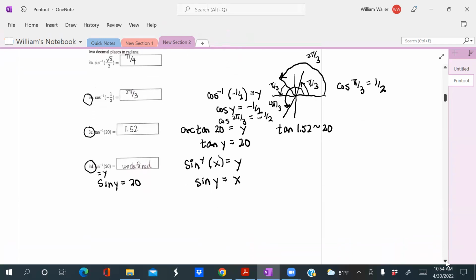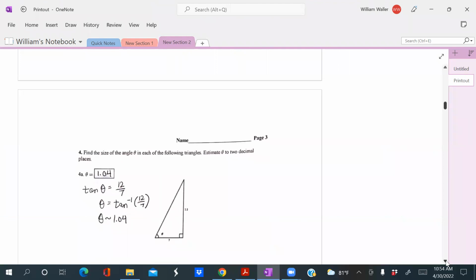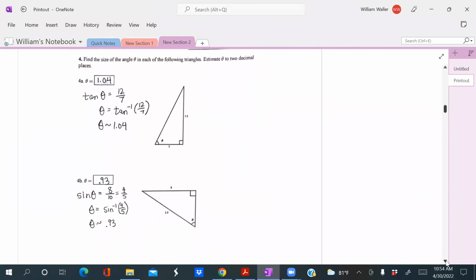Now let's try from problem 4. Let's look at this problem. Ooh, this looks hard. All right, so I want to look at problem 4b. Okay, so here we're just solving a triangle. We've done that a lot in the course, so this should be fairly straightforward, except on the previous test, on test number 2, when we were solving triangles,